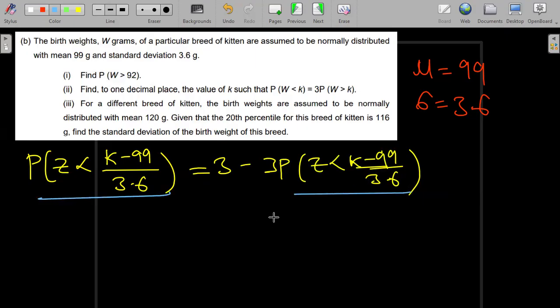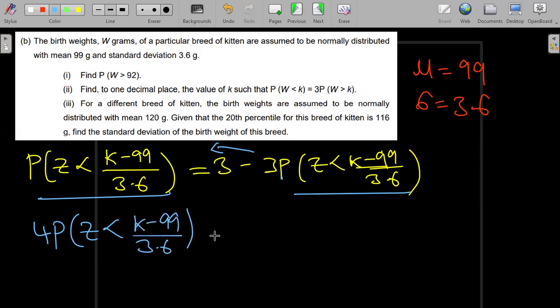So we can do like terms together. So this guy here will follow the other guy to the other side. So this is minus 3p, and then this is minus 3 times the probability of this, and then here we just have the probability of that. So when this minus 3 goes to the other side, it will be plus 3 times the probability of this. So we add that. So this will be 1 plus 3, so that will be 4p, and then k minus 99 over 3.6, is equal to, we're just remaining with 3. So we just want to remain with the probability. So the probability that Z is less than k minus 99 over 3.6